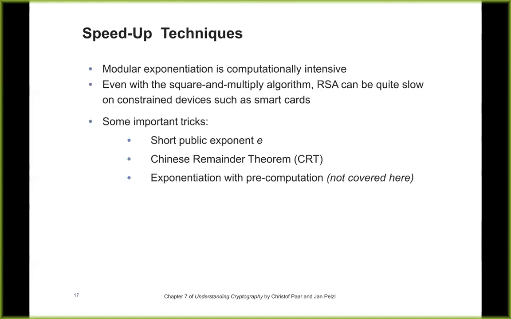All right, so that's the game. Even with square and multiply, this is still hard because those numbers you're squaring and multiplying are 1,024 bits long or so. So it's a big long mess. So here are tricks. A small e will make encryption faster. There's a thing called the Chinese remainder theorem that gets you a little bit of speed performance, but it's not enormous. It makes things about 4 times faster.